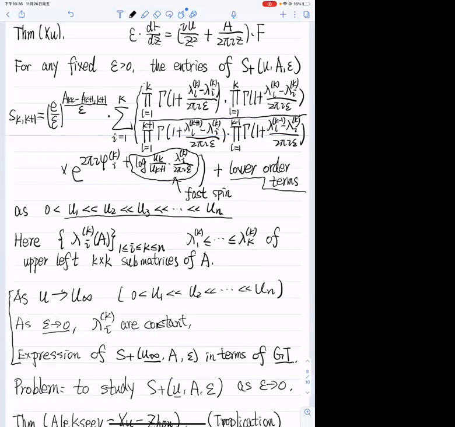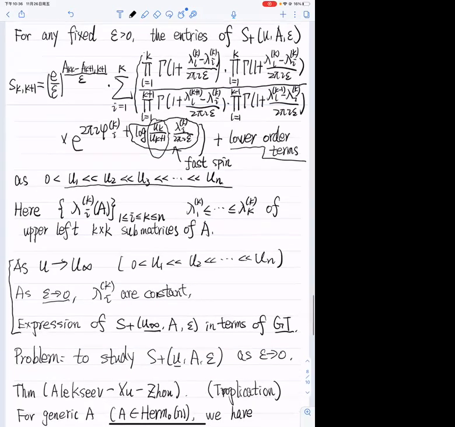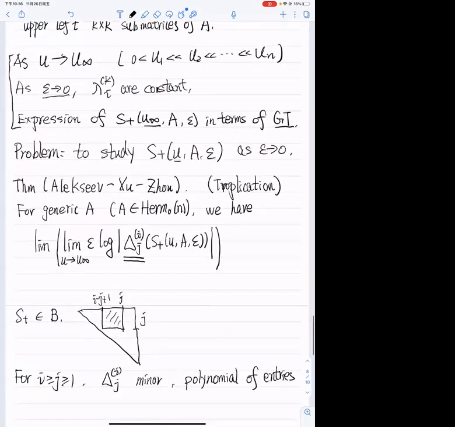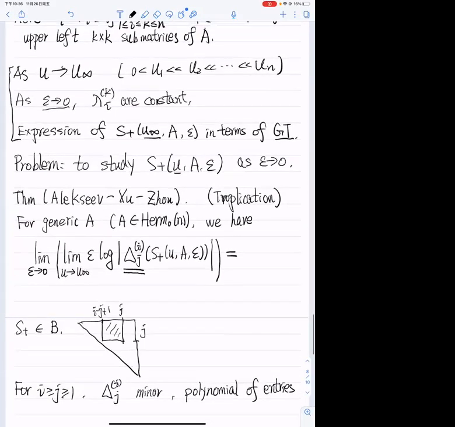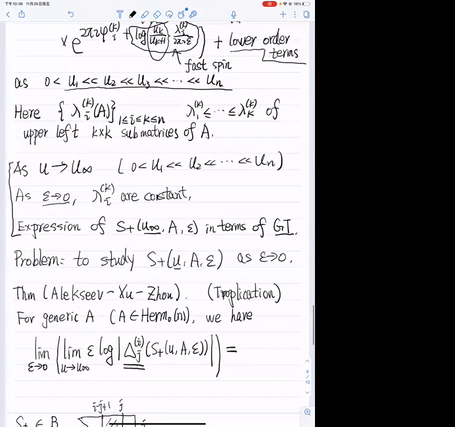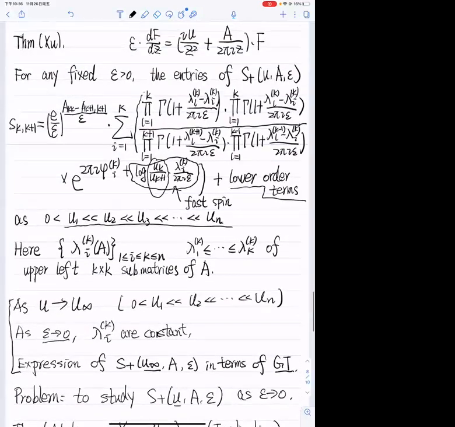Right, as U goes to infinity, each of these behaves not very well. But somehow if we take the norm, we can throw them away. And then we take epsilon going to 0. As epsilon goes to 0, what we are left with are some gamma functions, if we look at the expression again,